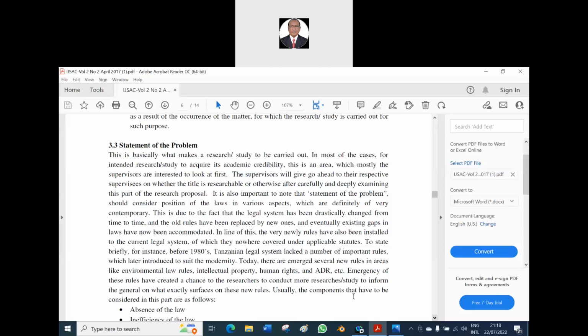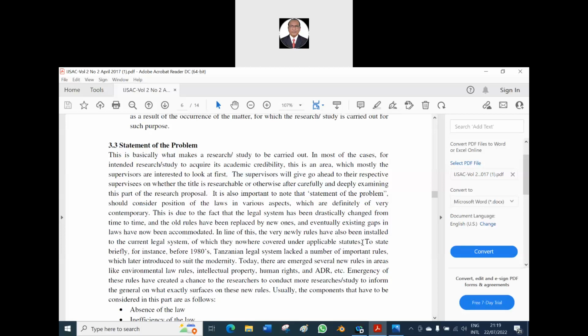And the old rules have been replaced by new ones. That is the reason the Information Technology Act 2000 was made, because some of the sections of the IPC will not cover cyber theft, and hence a new act was made to meet the demand of the people and to curb the offenses. Eventually, existing gaps in the laws have been accommodated. Whatever the laws will be, the gaps will be filled, or a new legislation will be passed. In line with this, very new rules have also been installed in the current legal system. So by doing that, a new system will be established, and all things will be done in the statement of the problem, which are now covered under the applicable statutes. If the statutes do not say so now, at that instance, the new law would be